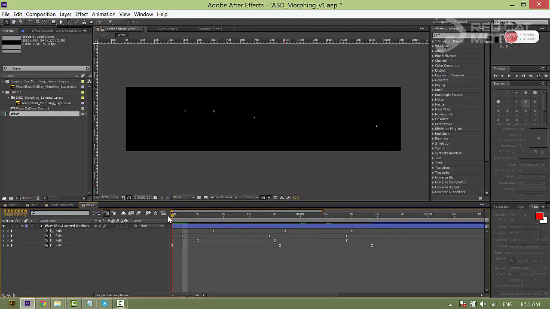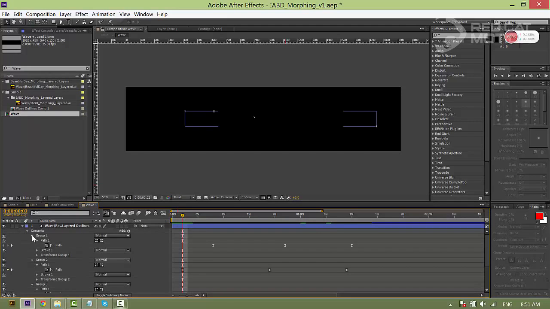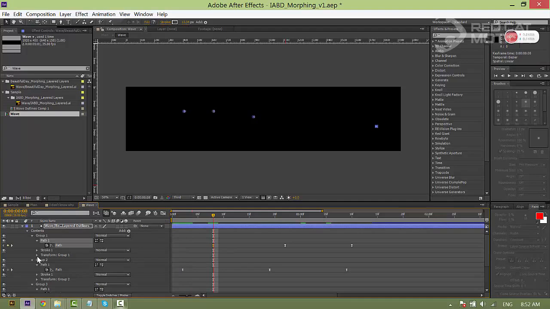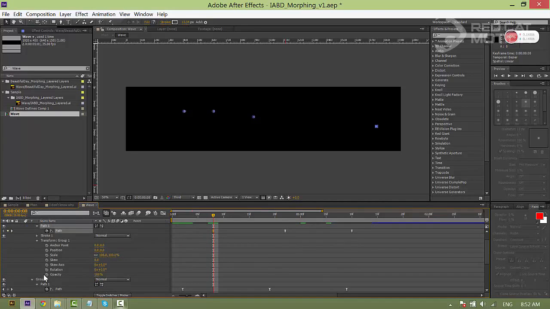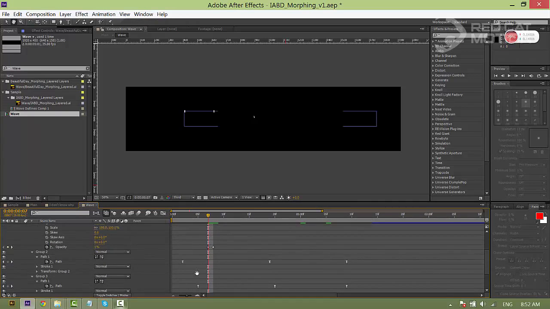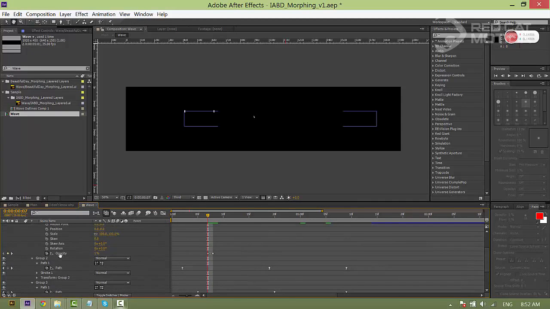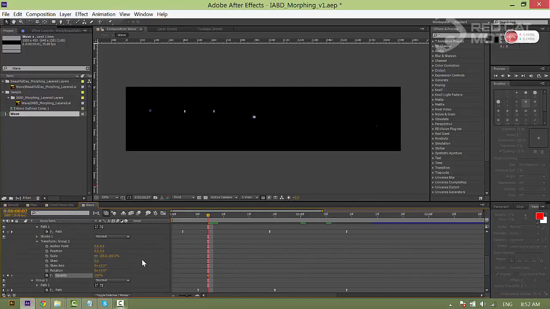You can notice that when the waves have not yet appeared, we have these white spots like these. We will deal with this by displaying all their contents. For example, this one here, you go into Transform, choose Opacity. At this keyframe, I will set it at 100, but the previous one would be 0. This is one of the tricks to hide it. Likewise, you will do the same for the other ones. Opacity, like this.